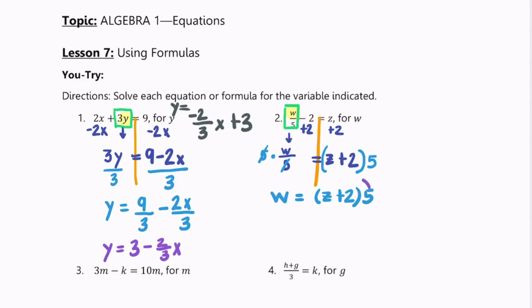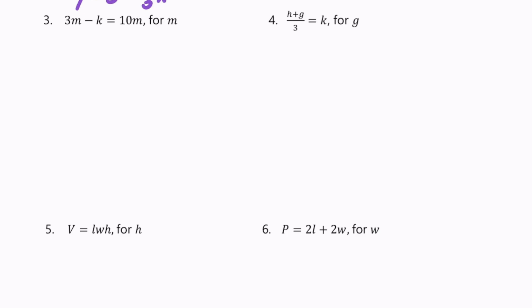And now your teacher will probably want you to simplify it further, you'll just have to check with them. So to distribute that 5, that's going to give us 5z plus 10. It may depend on the context of the problem. So that's how we would isolate w there. You'd get the same answer as 10 plus 5z, right? They're all equivalent expressions. Okay, so moving right along to number 3,